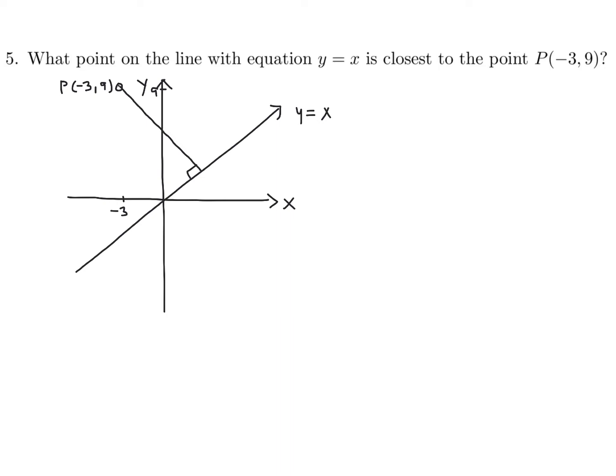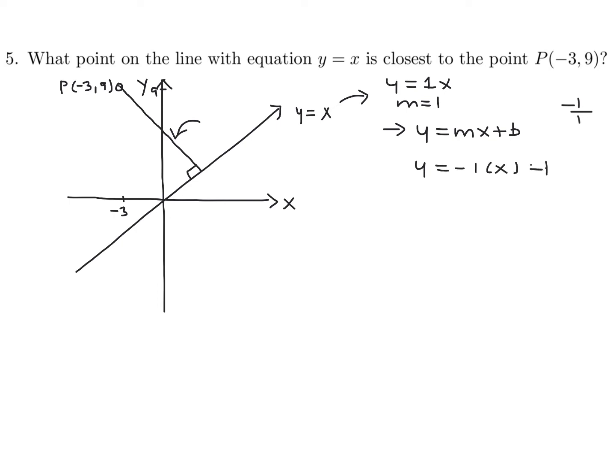Okay, so how do we do that? Well, the first thing, of course, we're going to need to find the equation of that line. Since it is perpendicular to y equals x, its slope will be a negative reciprocal. This line is 1x, so the slope of that line is 1. So the slope of this line will be the negative reciprocal of 1, which is negative 1. It's really 1 over 1, and then you add a negative. So this would be minus 1x